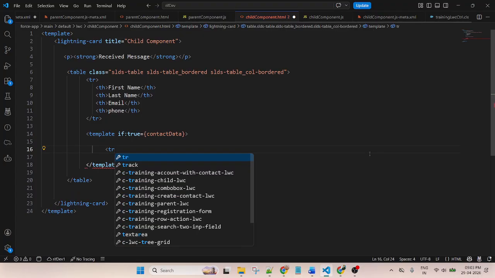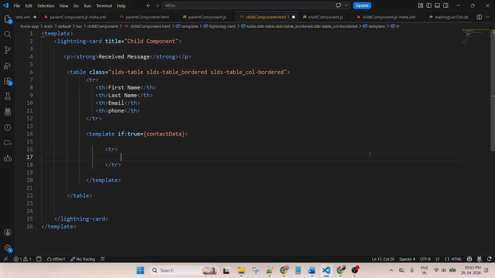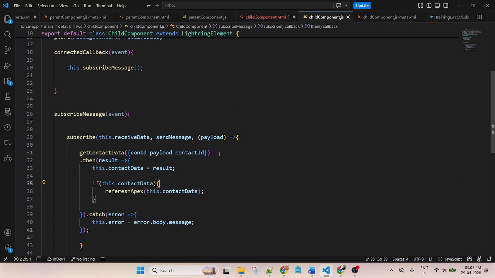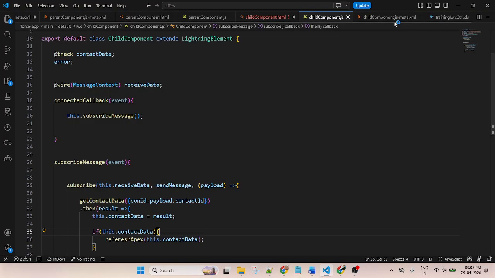create a tr and td, curly bracket, and this is the data dot. We just have contact ID and phone?